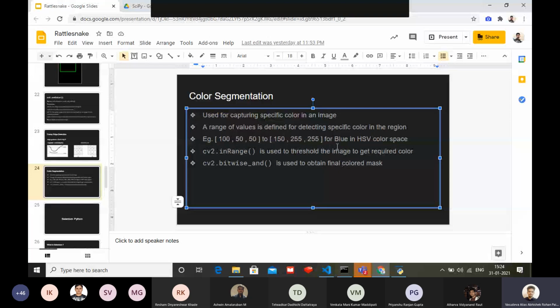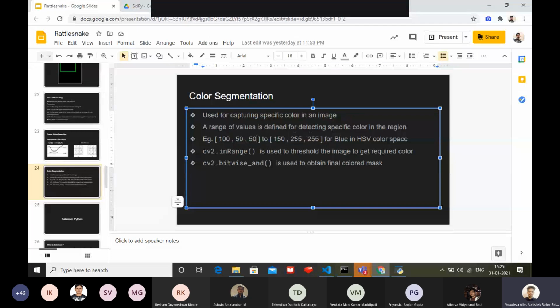First, I'll type in color picker for HSV. You will find a lot of color pickers over there. From that, you can specify your color ranges. So this is the least threshold for blue color, and this is the maximum threshold for a blue color. So I'm using this as a lower threshold and this is the upper threshold,